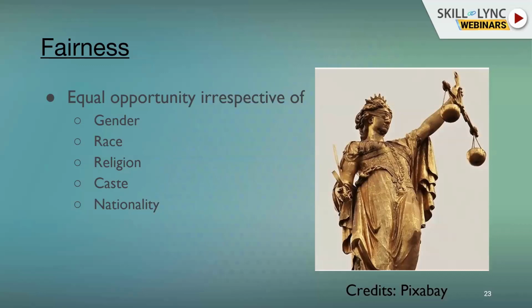I can quote an example. One of the top tech companies in the world built an AI system to automate their recruitment process. The AI system became biased and started rejecting female candidates and was only selecting male candidates. Because the first principle of fairness was violated, the tech company had to dismantle that system completely.